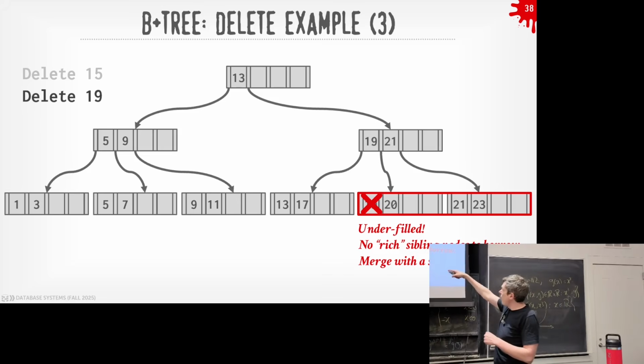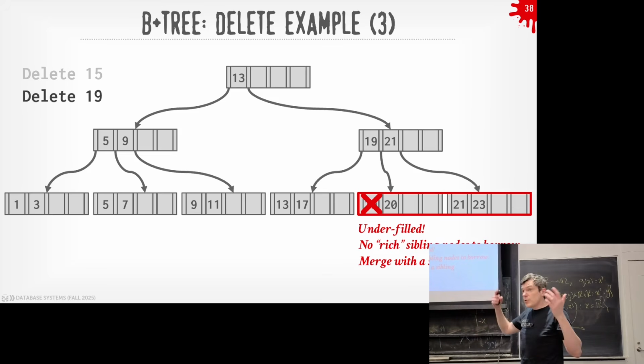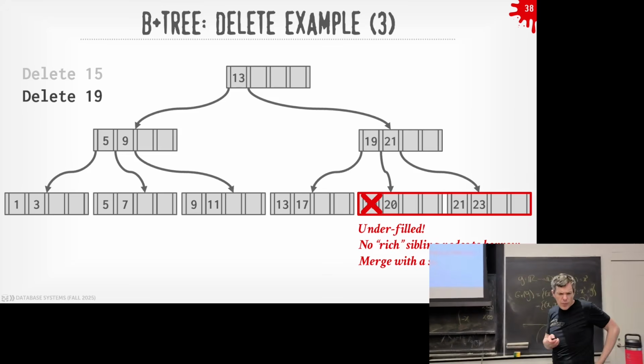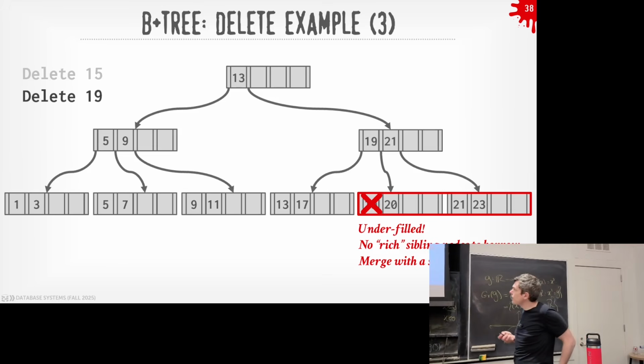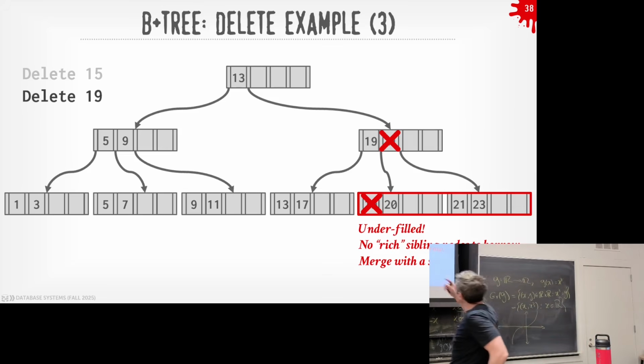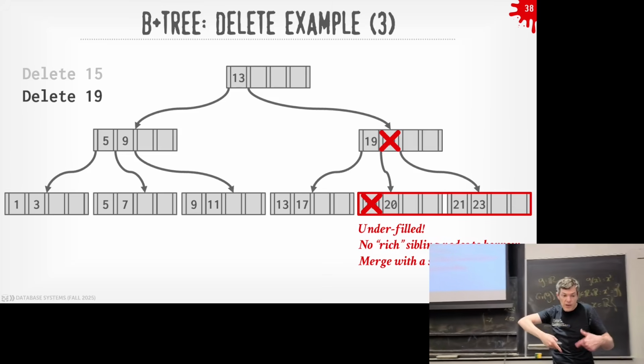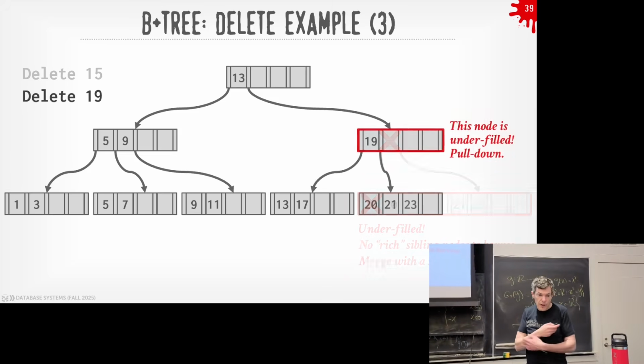We're going to merge from our neighbor to our right. You could do it from the left. Different systems do different things. As long as we go one way, it doesn't matter. Actually, I think you go both ways, but for simplicity, most people go one way. So we're going to merge these nodes. We take all the keys 21, 23 and put them in the node where 20 is located. Then we have to delete the discriminator key in our parent, because we don't need to point down to this other node that doesn't exist anymore.